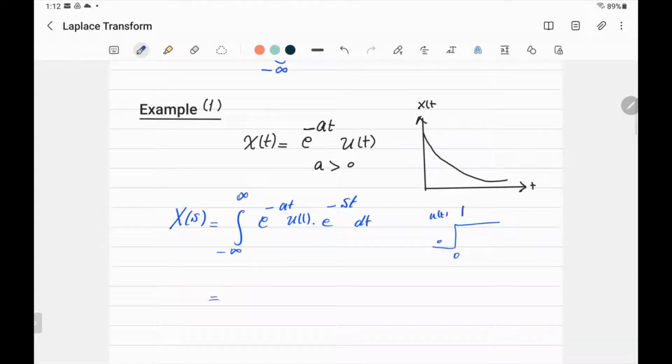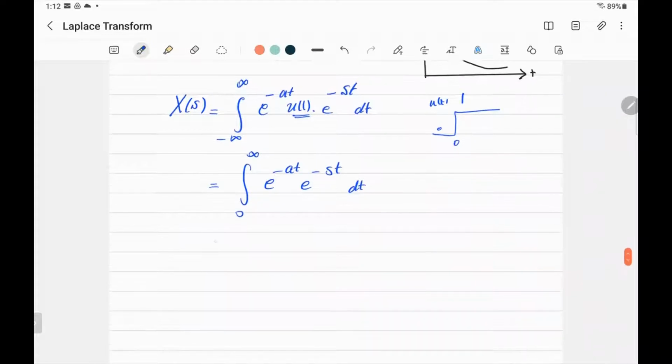So I'm going to change the integration from negative infinity to 0. That will be 0, because before that u(t) is equal to 0, according to that. So the integration goes to infinity, and I will leave that out. How do you integrate that? When you're multiplying exponential by exponential, what do you do to the power of the exponent? Add. That's right. So we'll say the integration from 0 to infinity of e to the power minus (a plus s) t